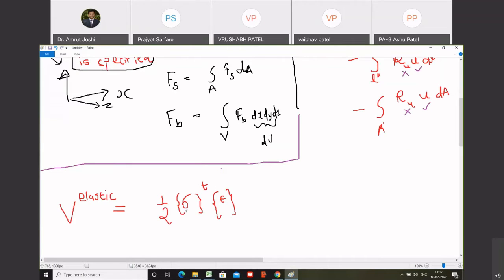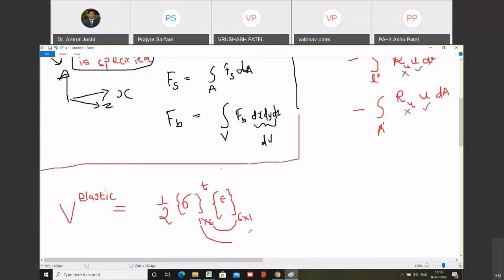Why stress transpose? What is the size of stress tensor? It is 6 cross 1. What is the size of strain tensor? 6 cross 1. So a 6 cross 1 matrix cannot be multiplied by a 6 cross 1 matrix. So therefore, we have to take the transpose of one of the matrices. So this is 1 cross 6 and this is 6 cross 1. So now multiplication is possible, and